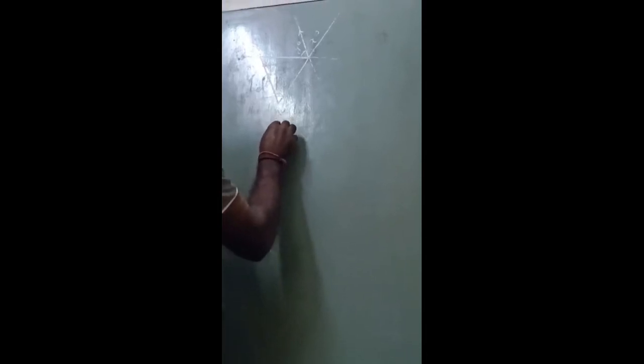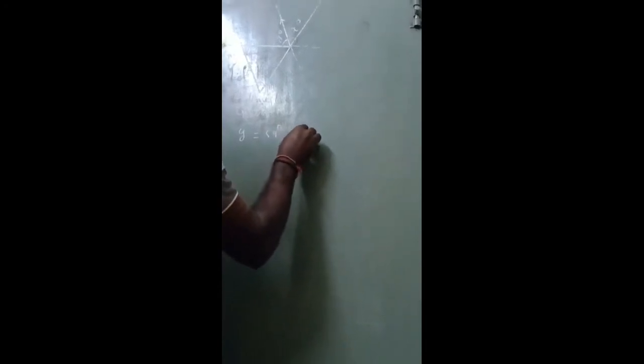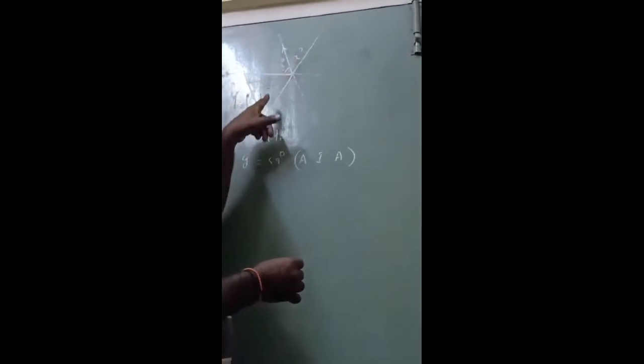Here y is equal to, given in the figure, the value 59 degrees. Alternate interior angles. Alternate, either side of the transversal, both are interior. So these two lines are parallel. These two angles are interior angles. Alternate interior angles. Next, observe this is angle x, and the angle 60 degrees.